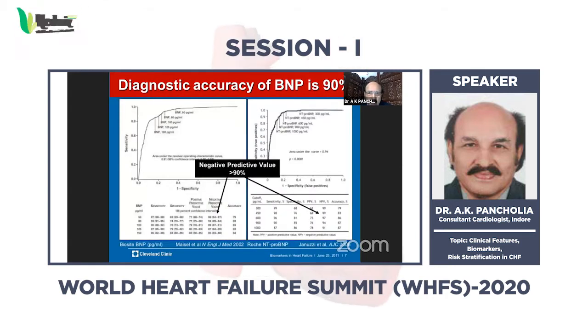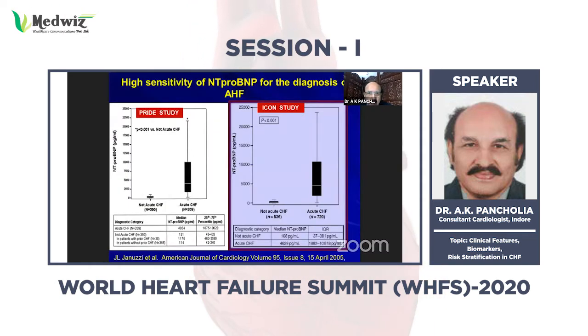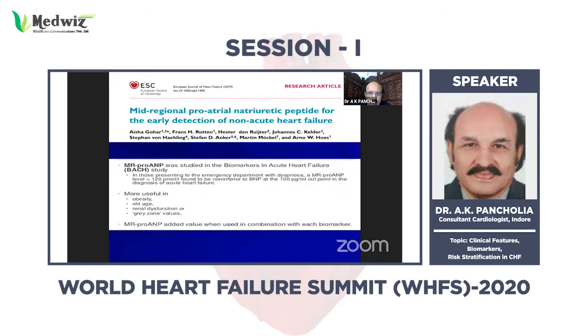Diagnostic accuracy of BNP is 90%, negative predictive value is more than 90%. Use of natriuretic peptides is mainly for ruling out the diagnosis rather than establishing it. And the PRIDE and the ICON study clearly showed a high sensitivity of NT-proBNP for the diagnosis of acute heart failure. And this is important, another marker, the MR-proBNP, with a value more than 120 picomole per liter, is for